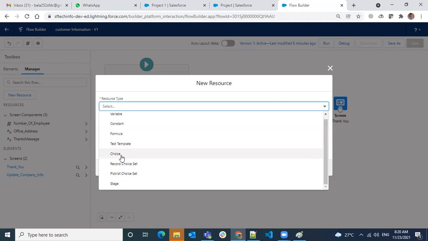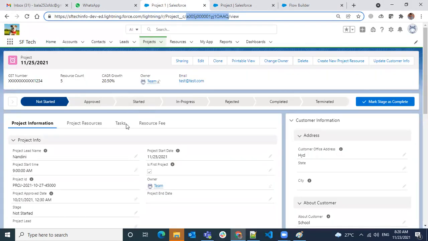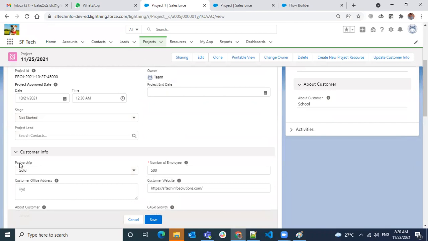And choice, all is one, two, three. All these three are the same, but there is a bit of difference. Let's say we have a pick list value here, called partnership, where the values are coming from. These values are what you have configured on this field called partnership. And if you want a new value here, you will go to this object and this field, and you will add a new value to this pick list. Similarly,